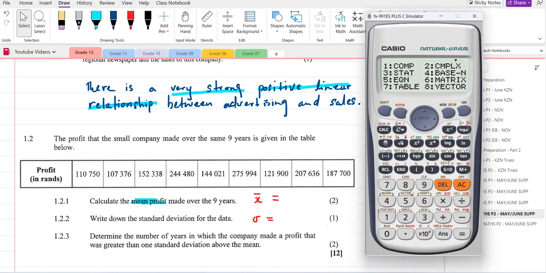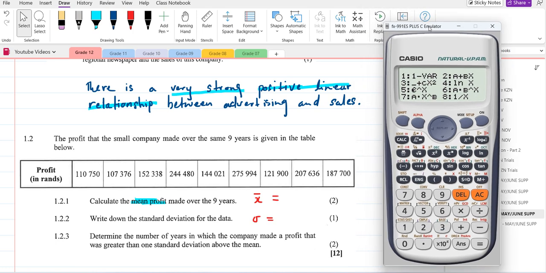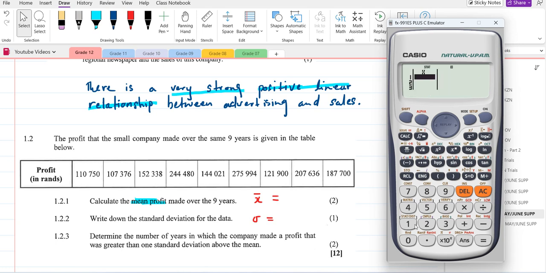You go to mode stat, which is option number 3. Select one variable, option number 1. Now you only see X values, so 110,750, right? Then we enter 107,376, 152,338,